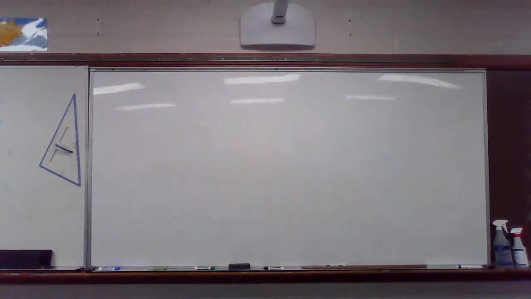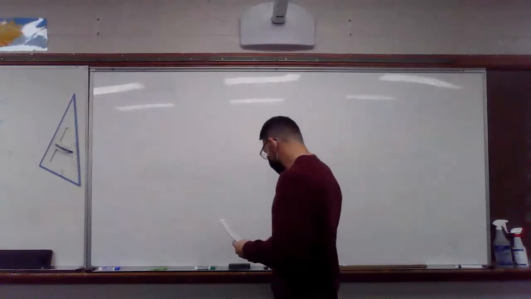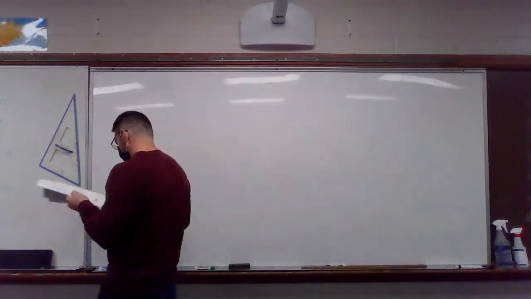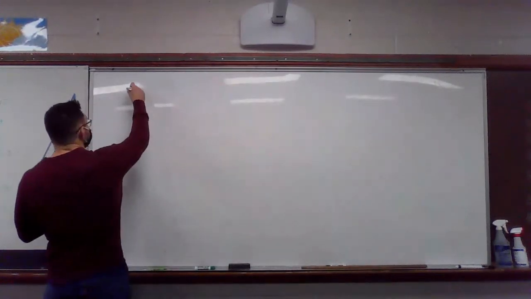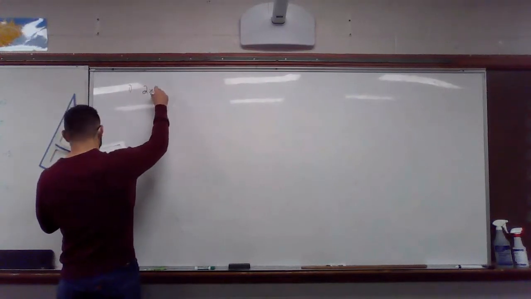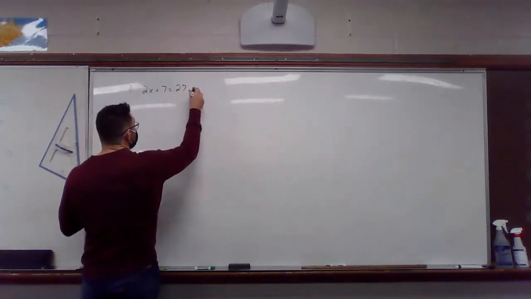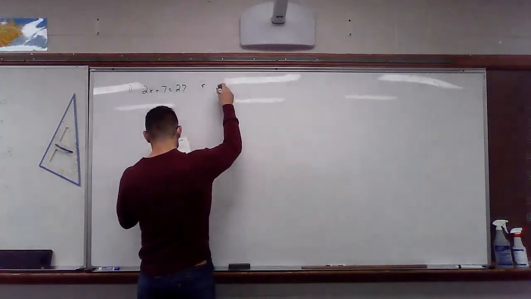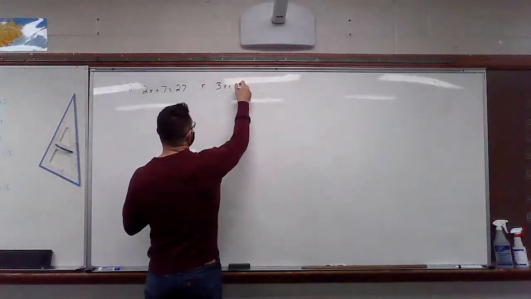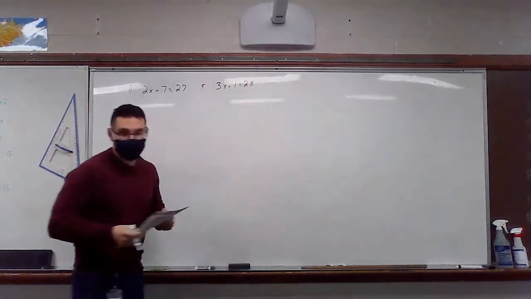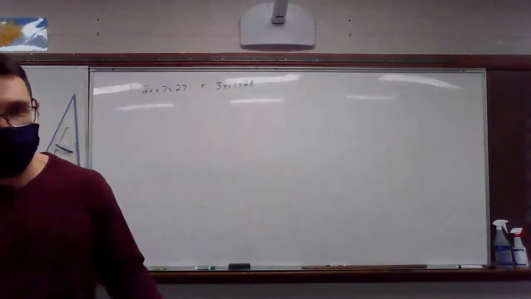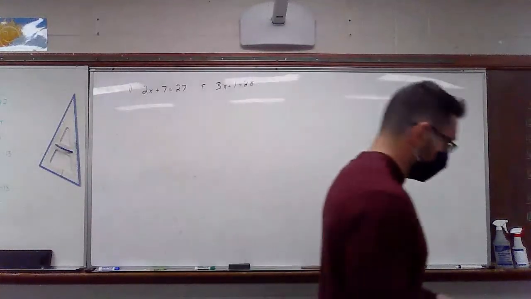Let's see, where is it? Aha. The first question says 2x plus 7 equals 27, and 3x plus 1 equals 28. So let's talk very briefly about